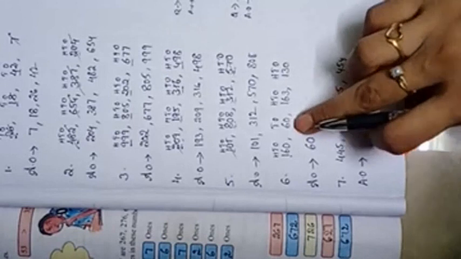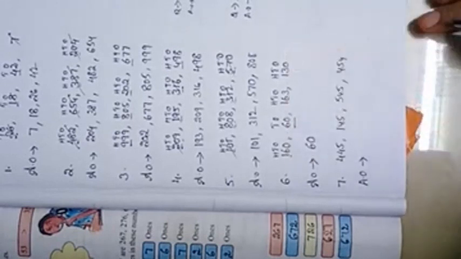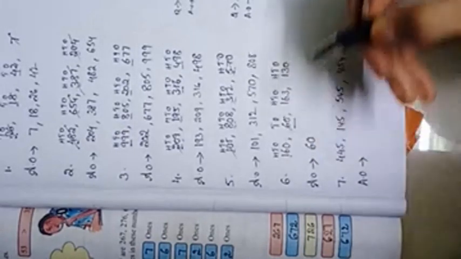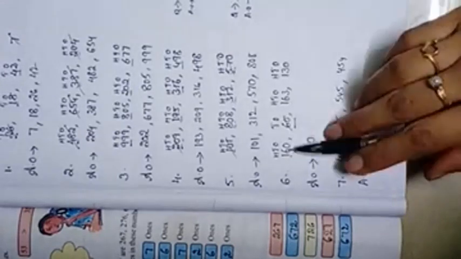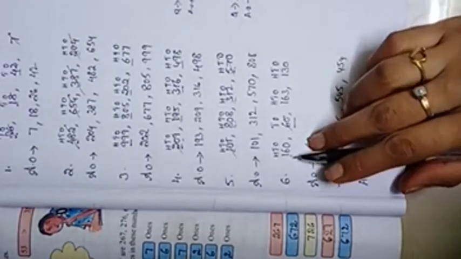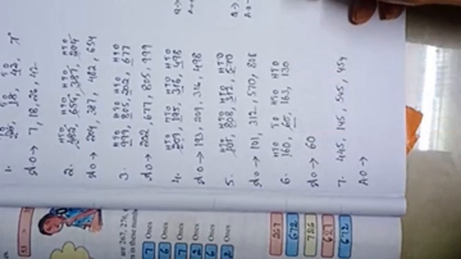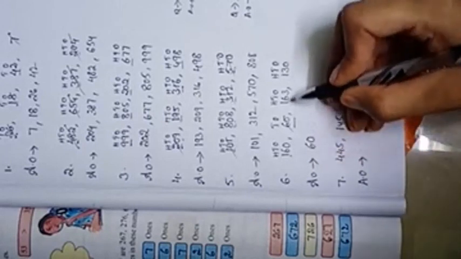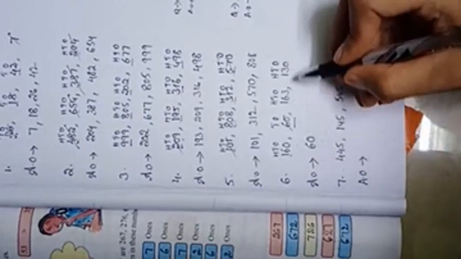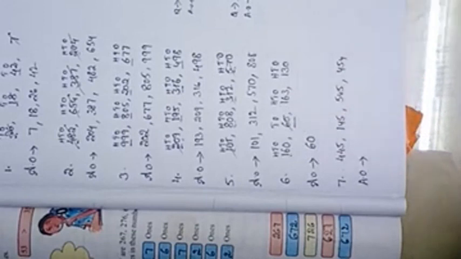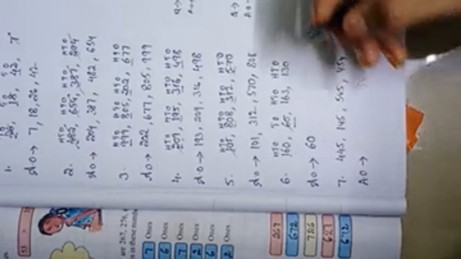Don't take much time to think. Why? Because a 2-digit number is smaller than a 3-digit number. So 60 will come in first place. Now the remaining numbers are 3-digit numbers. Then you have to observe the hundreds place digit carefully. If the hundreds place digits are the same, then you have to go for the tens place digit.